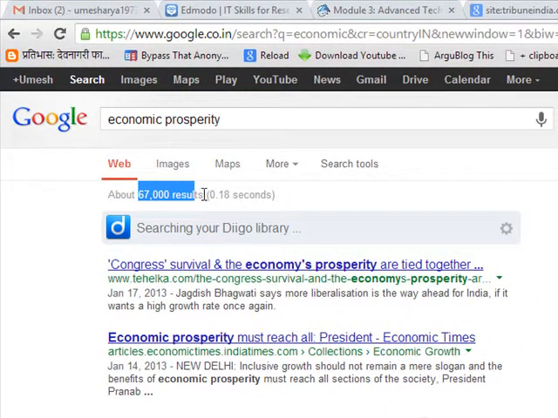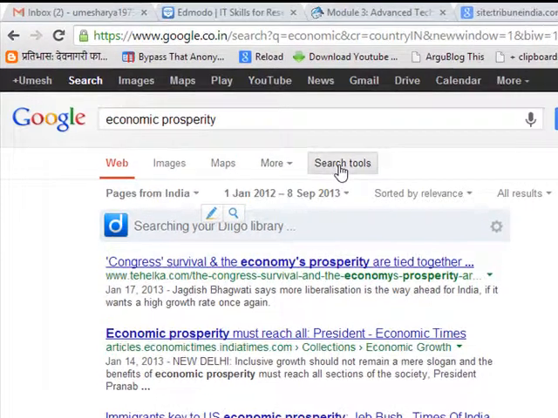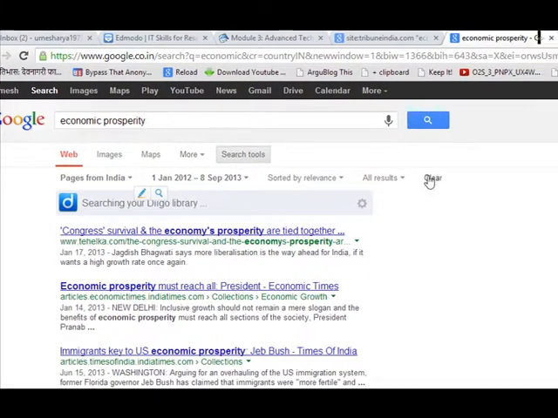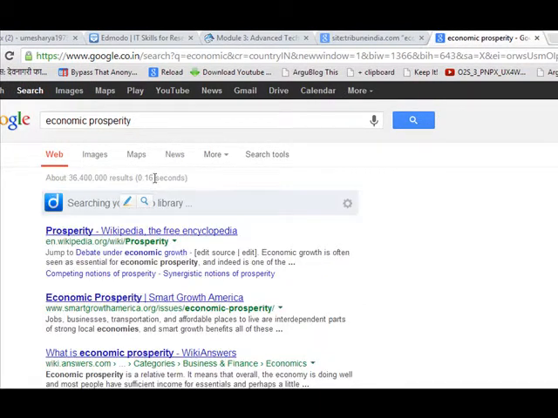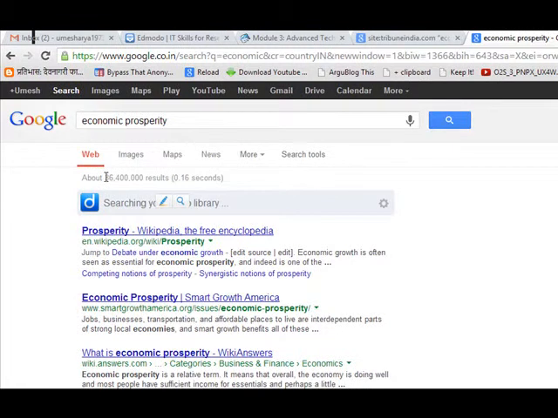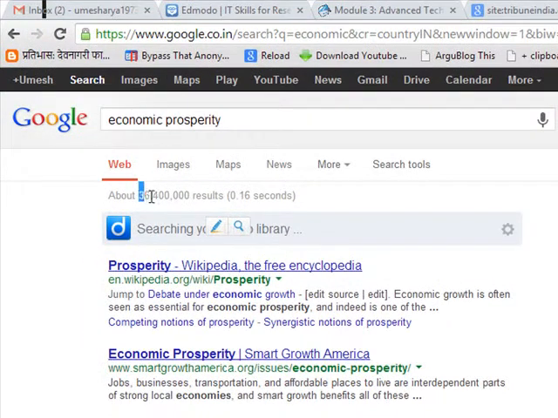So this search is more focused rather than searching randomly on Google for anything. And if you want to clear this filter, then go to clear and it will automatically disappear. Now see, without the filter, the number of search results is so large I can't even count them. So it is more focused.